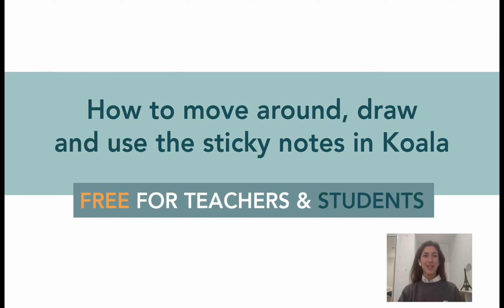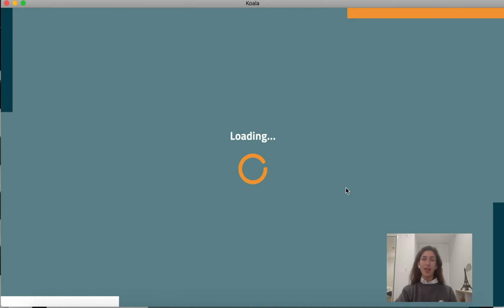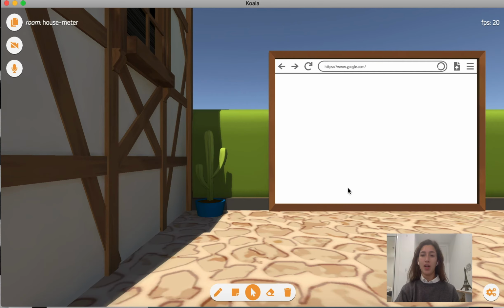Hi there. So now that you have Koala installed and on your computer, ready to go, or even on your web browser, I'm going to be showing you today how you can navigate Koala, move around, and use some of the basic tools. So once you have the app open, like I do here after you log in,